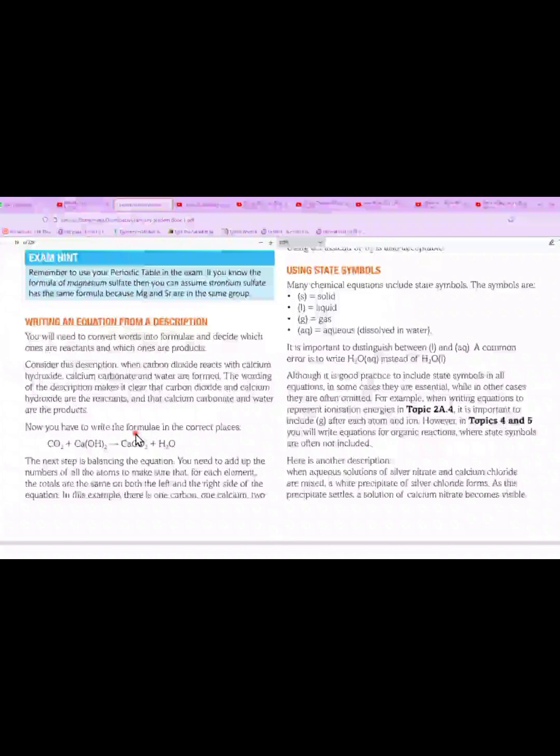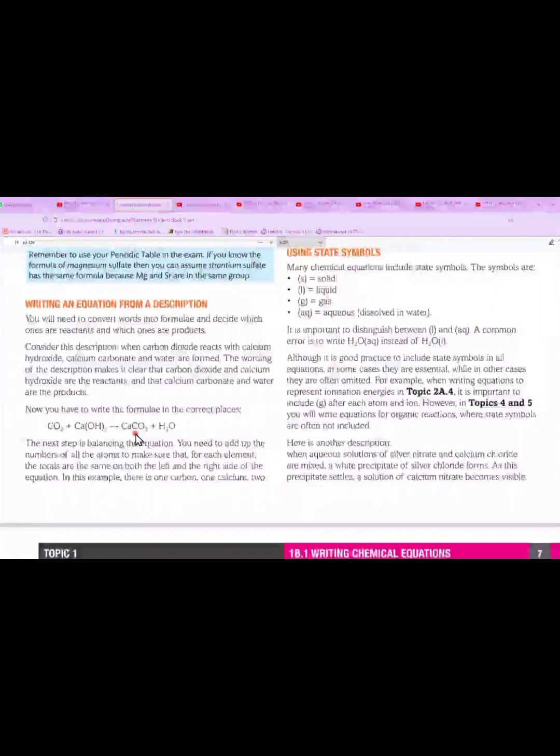The next step is how can you balance them. You need to add up the numbers. You need to see how many reactants and products are available. How can you add them or spare them? Okay, there you can see that the carbon dioxide is available. Now, how can you see this carbon dioxide? You can simply see it, or even count its number.